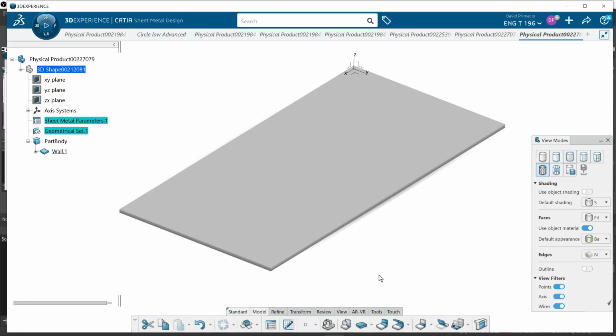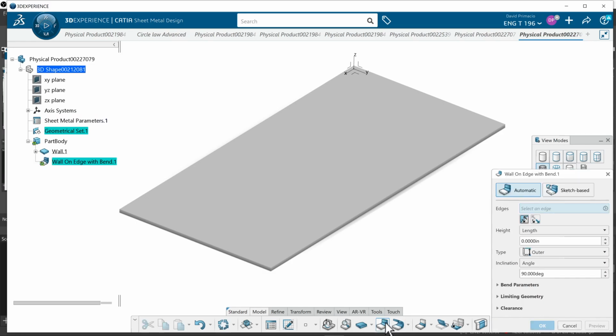So now we're going to go ahead and do the flanges. There's two ways to do a flange. One is wall on edge, and one is flange. If I start with the wall on edge,